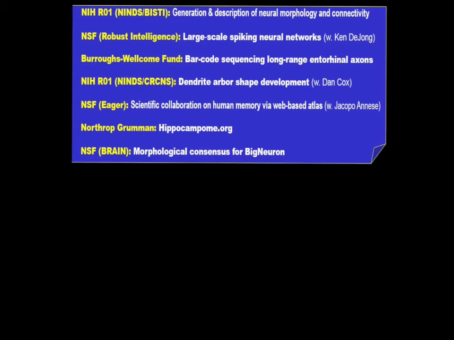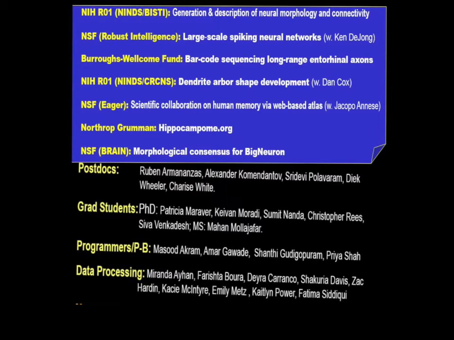And the people who did a lot of the work, these are the current members of my lab, postdocs, specifically the people working on neuromorpho.org, are Ruben Ormananzas and Sridevi Palavaram, graduate students from many different programs: bioengineering, neuroscience, bioinformatics, and programmers and postbacs that are doing most of the coding and a lot of the new data extraction, and then a very valuable team of data processors on whom we rely to annotate these data and to correct these data